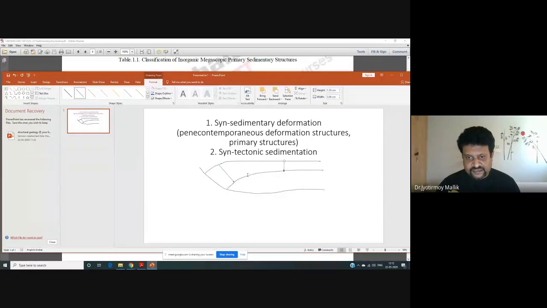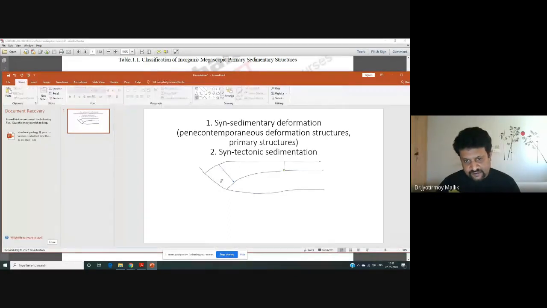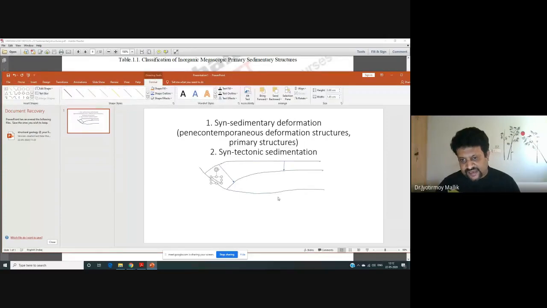And this sedimentation is happening while this faulting event is going on, right? We discussed this. So during this tectonism, the sedimentation is taking place,